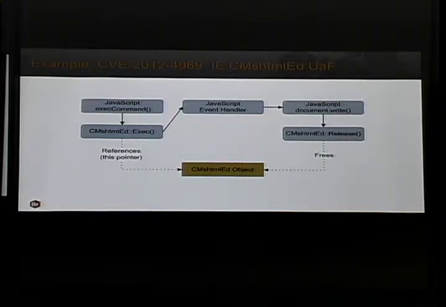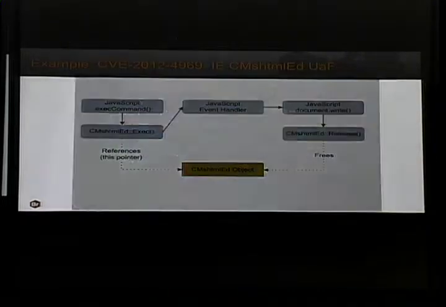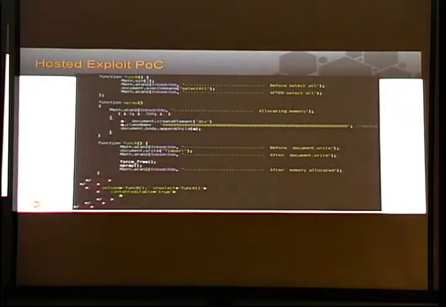You're able to trigger some event and then use the document.write command, which basically destroys the current DOM tree and releases that object. Then you come back and try to reuse the object, and you have your use after free. I don't know if you can really read that very well, but what does a snippet of the proof of concept, the malicious hosted web code, look like